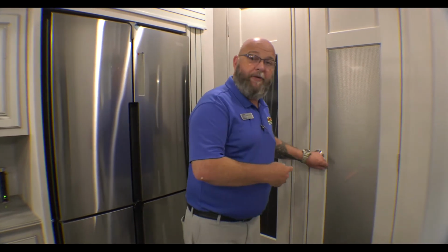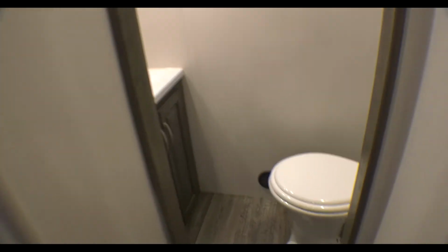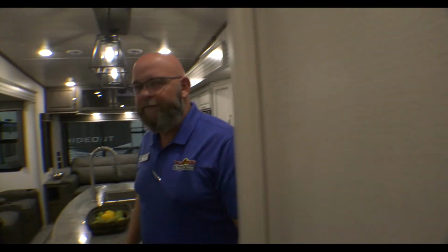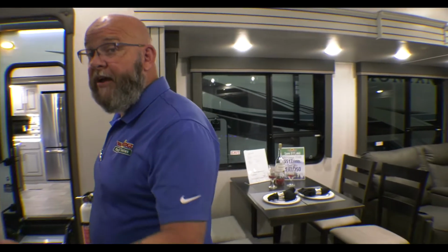And then you got this food pantry over, oh, just kidding, half bath. Great layout, hidden bathroom, lots of storage space in there. Nice mirrored medicine cabinet. Super cool. Keeps all your guests from having to go through the master bedroom,